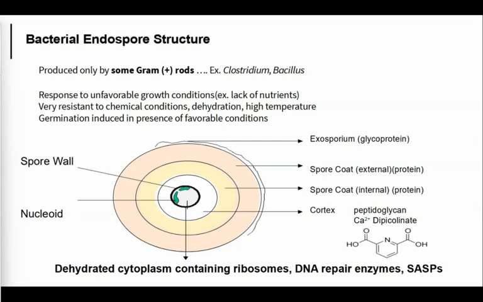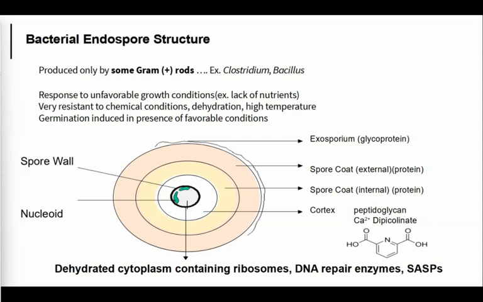So they're very resistant to chemical compounds, resistant to attack by acids, alkali, bleach, detergents, solvents. They can resist high temperatures, and they can remain viable for years or decades. And then at some point, these endospores can germinate and be woken up. So when conditions become favorable again, then these